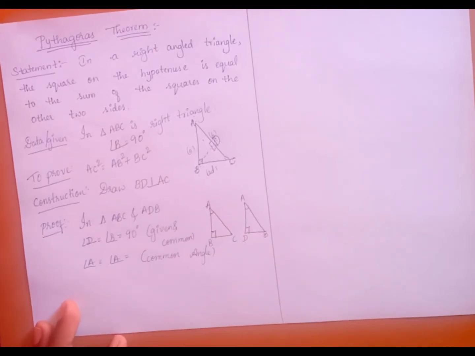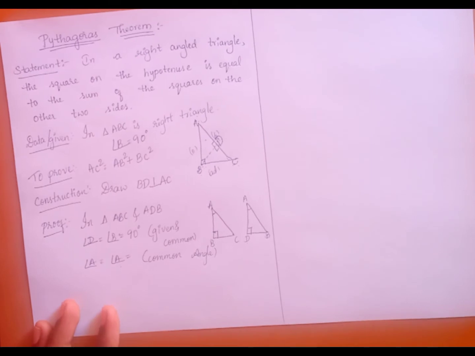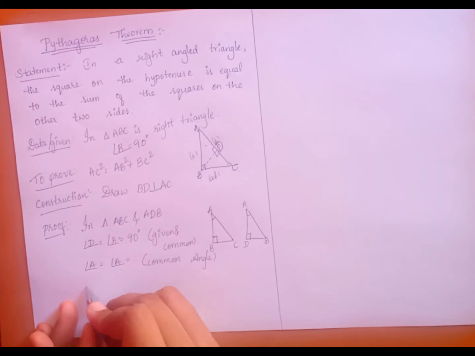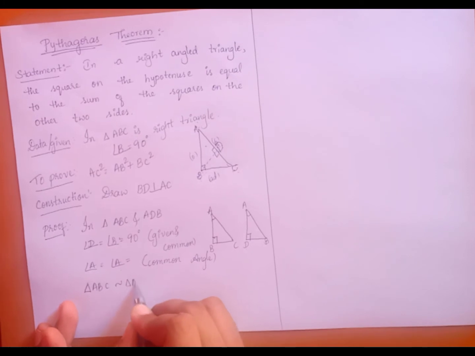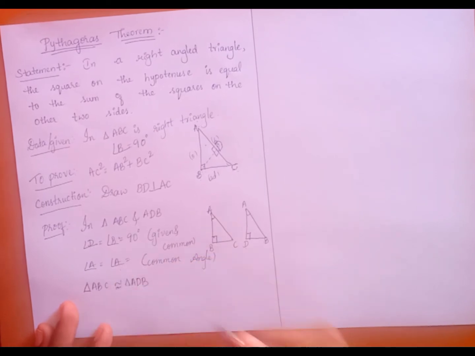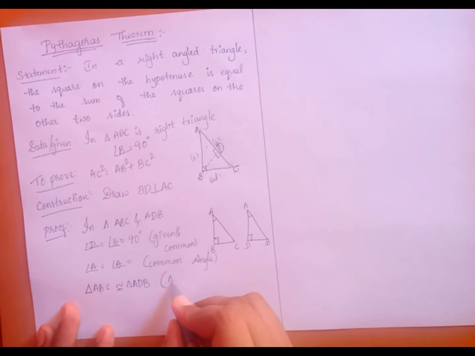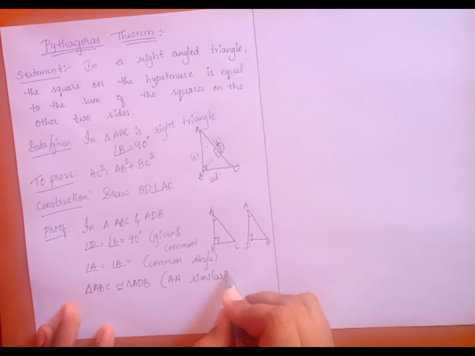So now we can say, because we have two angles equal to each other, we can apply the AA similarity criteria. Because two angles are equal, based on the angle similarity criteria, we can make them similar. So which triangles do we have? Two triangles: triangle ABC and triangle ADB, that are similar. So we will denote similar like this. So by which condition? AA, because two angles are equal. So angle similarity criteria.